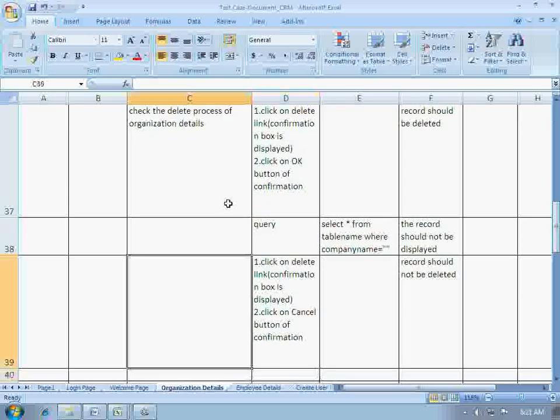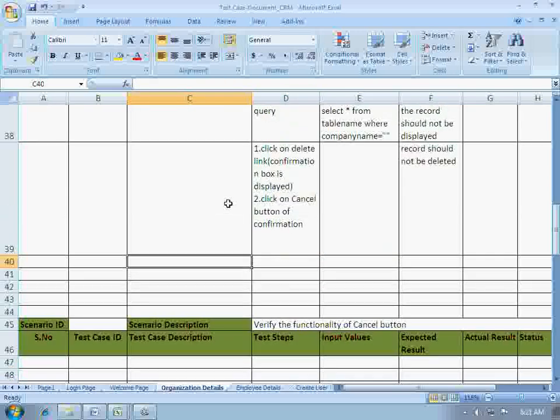What more can we add? Deleting the process while adding. Deleting the details. Here deleting the organization details. It's actually deleting the